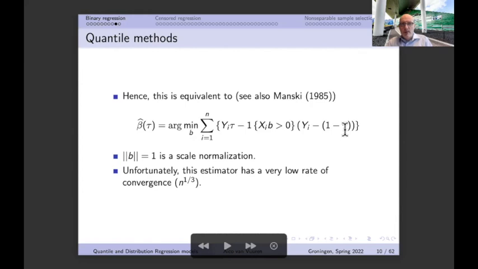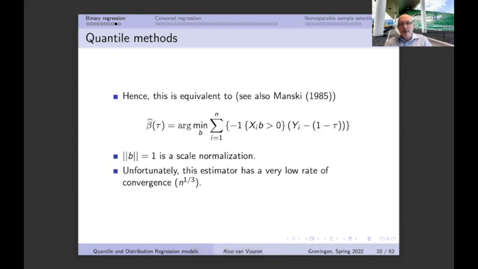We can still rewrite this a bit because we should now realize that this part over here doesn't even depend on b. So therefore we do know that when we have something that doesn't depend on the thing that we would like to minimize on, we can completely delete it. So therefore we can also minimize simply by this term that's over here. If we're going to do that, then we are going to see that we have here a minus sign now in front. We do of course know that minimizing something which has a minus sign in front is exactly the same as maximizing the same function, but then with a plus sign in front. So therefore, I can even write it like this.